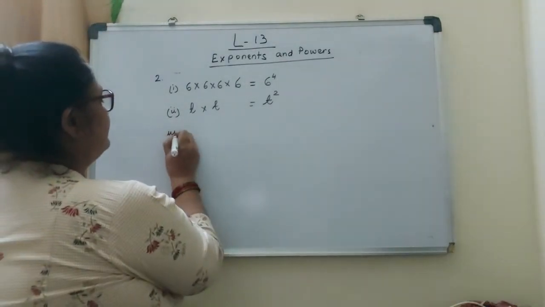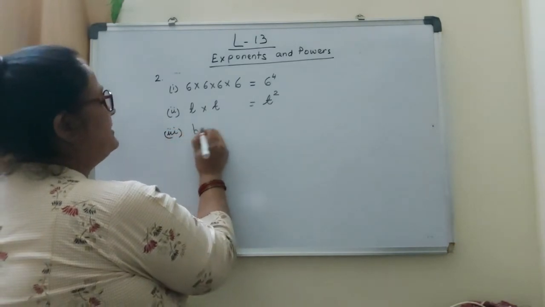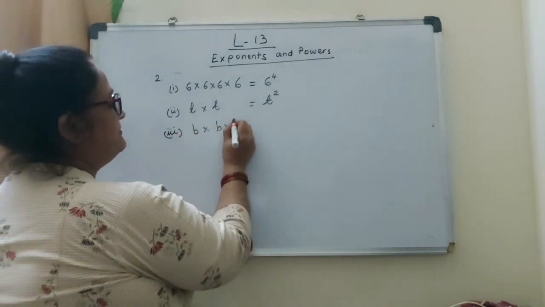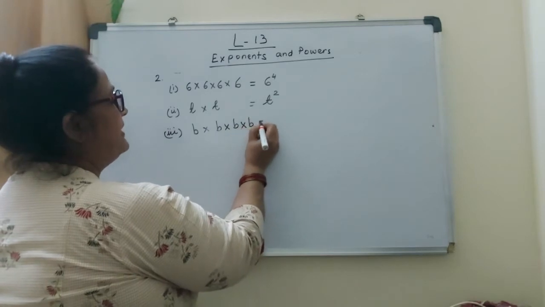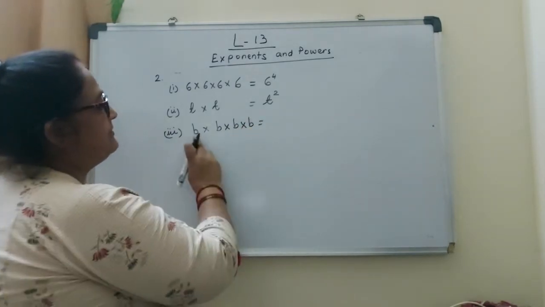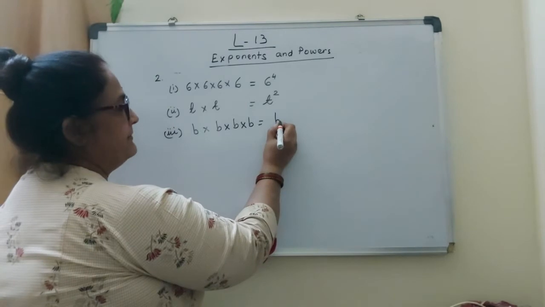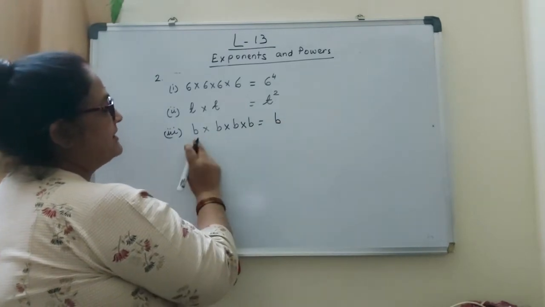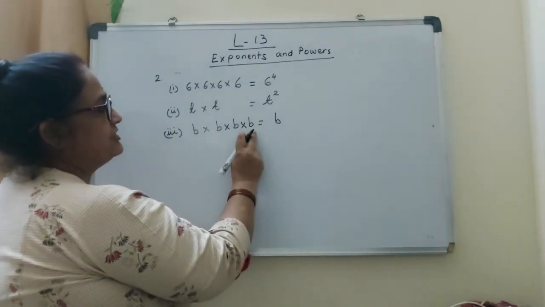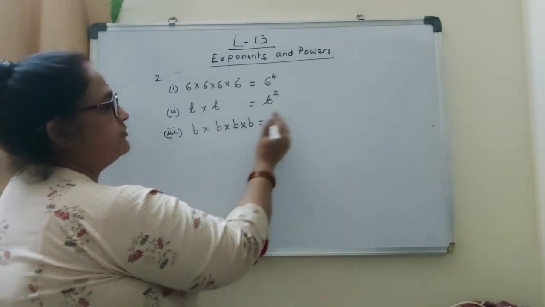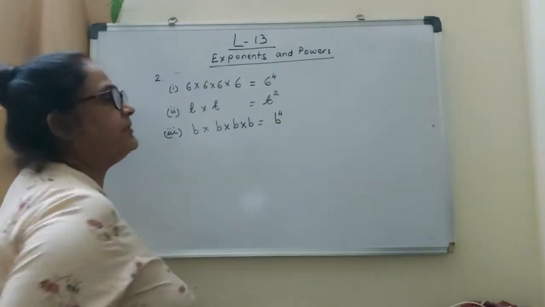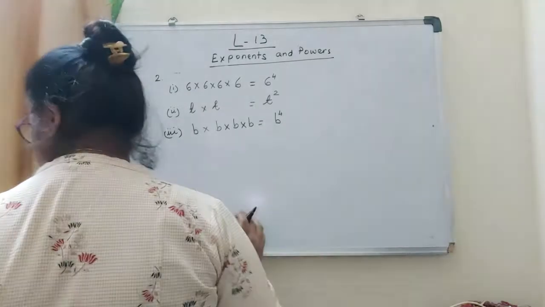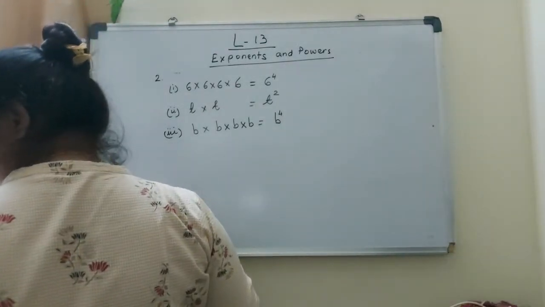Next one is b multiplied by b multiplied by b multiplied by b. Which is the number being multiplied? That is b. B is being multiplied. How many times is b coming in this multiplication? 1, 2, 3, 4 times. So b raised to the power of 4 will be the answer here. Next one is